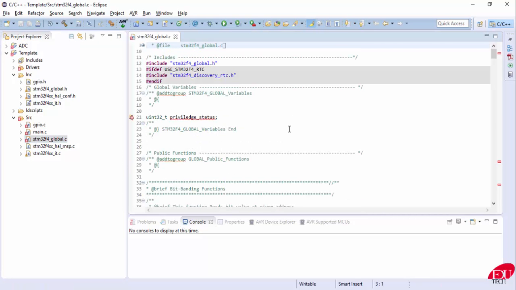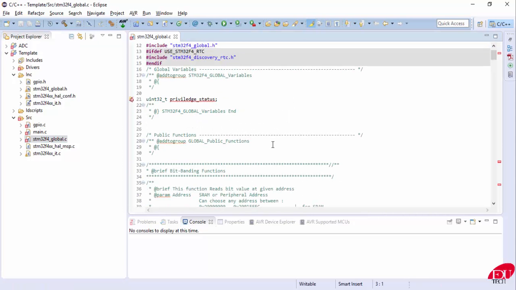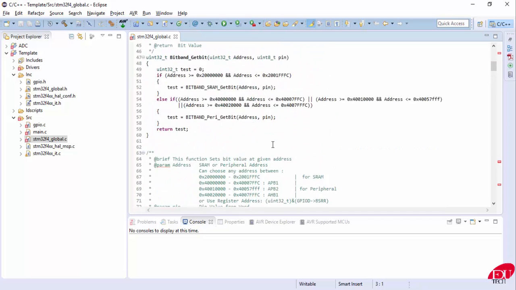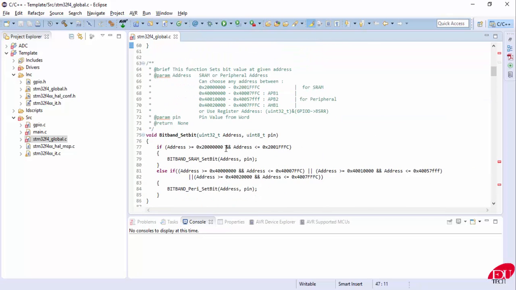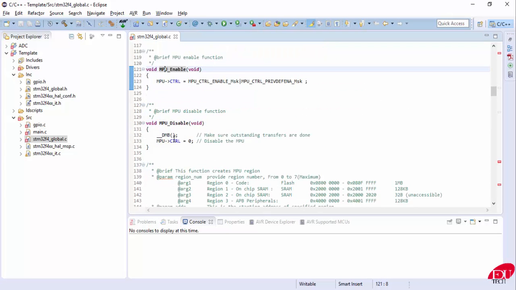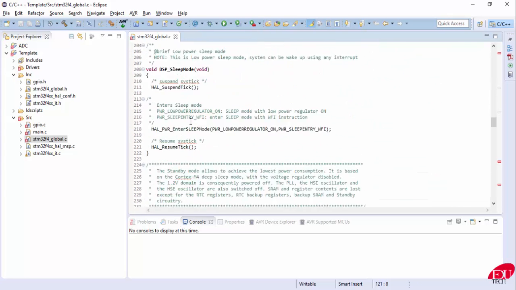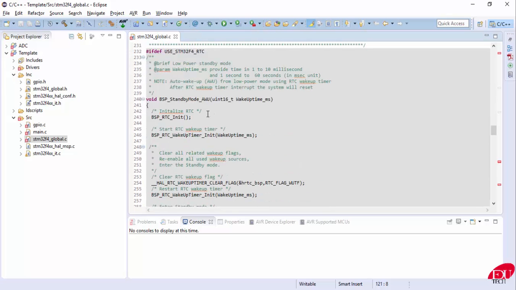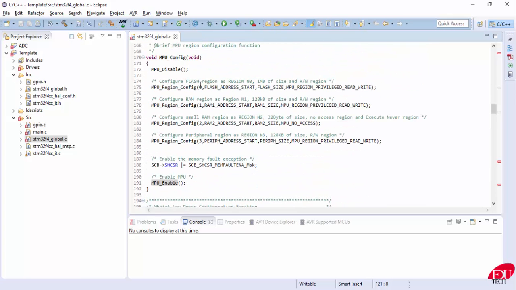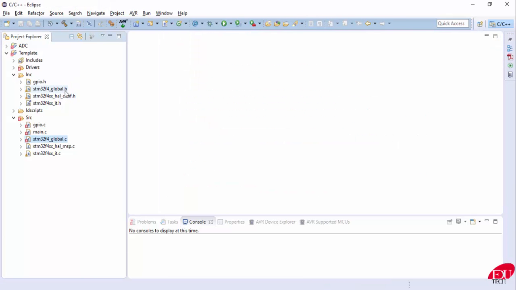This file contains the definitions and declarations of some of the core MCU functions like bit banding, the memory protection unit (MPU), sleep mode and standby mode, all those kinds of things. These functions are defined in this global.c file, and their declarations are done in this global.h file. Then the next is